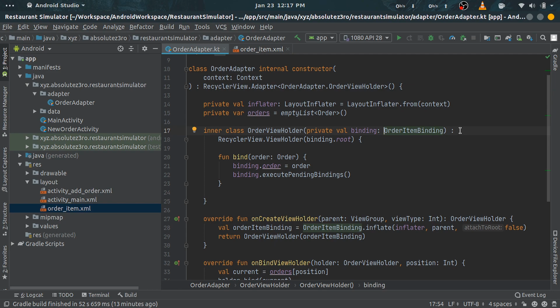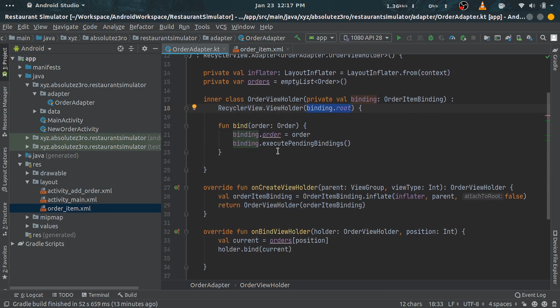Now coming back to the adapter class, this RecyclerView.ViewHolder class takes in a view for initialization. So we are passing binding.root, which refers to the root view of the layout file. Next, we have a method bind, which takes in an order and sets it to the order field of the binding object. Next, we call the executePendingBindings method of the binding object. What this method does is that it commits any binding which is pending, and in the course it will update any view which has an expression bound to a modified variable. It simply means that it will update the text views in our layout file which use binding expressions to show the text.